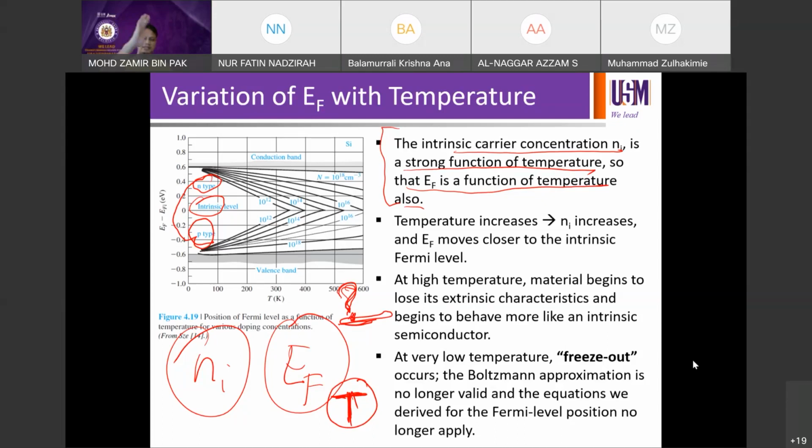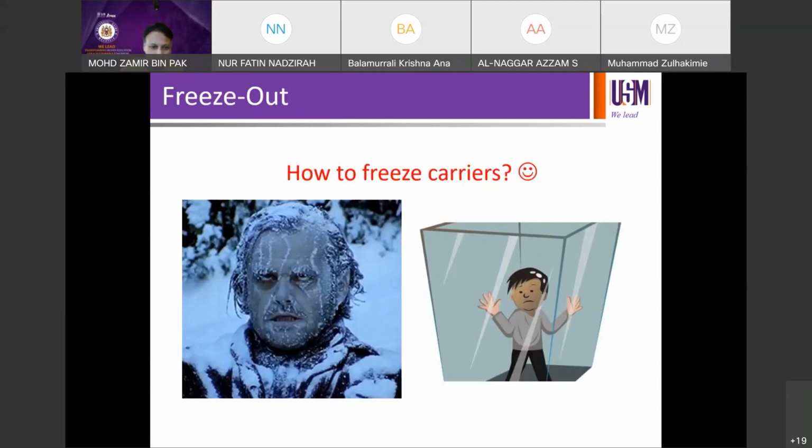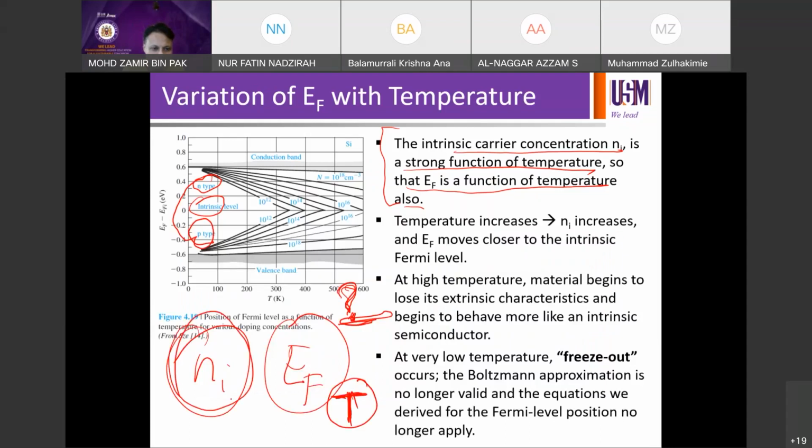Remember your KT. At 0 Kelvin it is a step function. At T1, you're going to get your curve, and then at T2, your curve is higher than your T1. You get the area and the curve and all those things for the Fermi-Dirac distribution function. As your temperature increases, your thermal excitation increases as well. So you're going to get more and more valence band electrons excited into the conduction band, and that's why your Ni, which is effectively the number of bonds broken or the number of electrons excited,